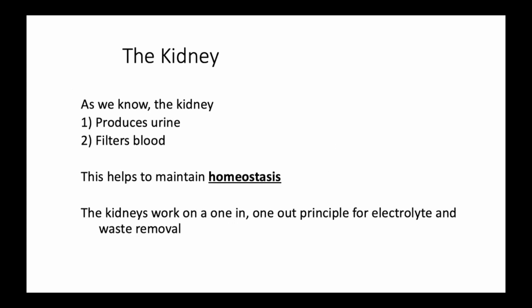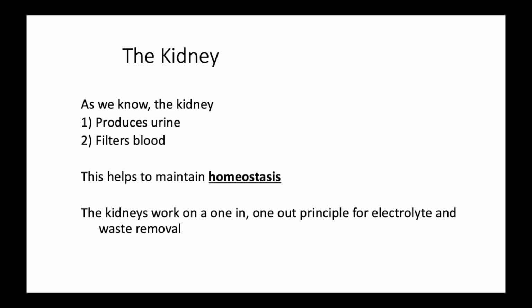So based on the anatomy lecture, we know that the kidney produces urine and filters blood. Of course, altogether, this helps to maintain homeostasis. The kidneys work on sort of a one in, one out principle for electrolyte and waste removal, which we'll talk about in a second. So the homeostasis maintenance is in part contributed by the kidneys, of course, through manipulating the